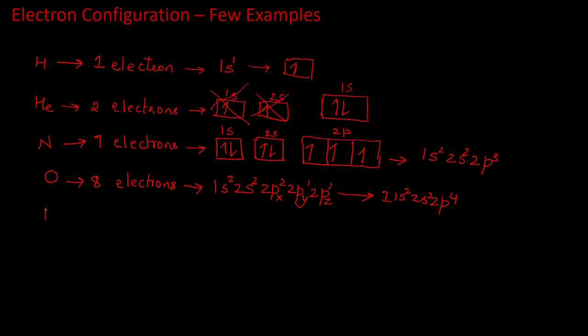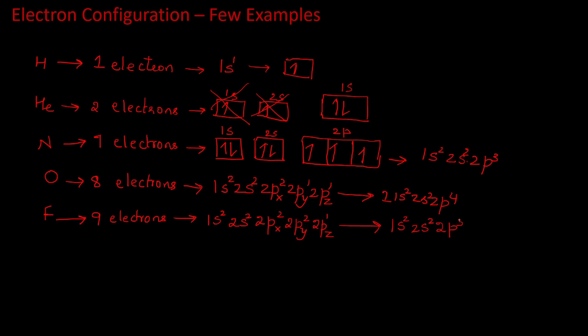Let us see what would happen in the case of fluorine. Fluorine would have 9 electrons, right? When we're talking about 9 electrons, 1s is completely filled, 2s is also completely filled, 2px will have 2 electrons, 2py will also have 2 electrons, whereas 2pz will have only 1 electron, right? Now I can simplify this and write it as 1s2, 2s2 and 2p5,